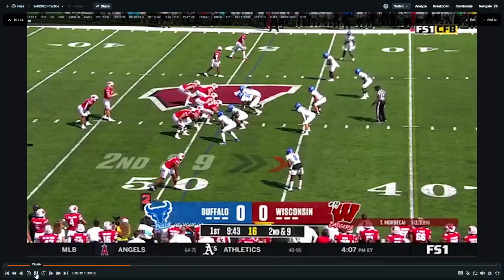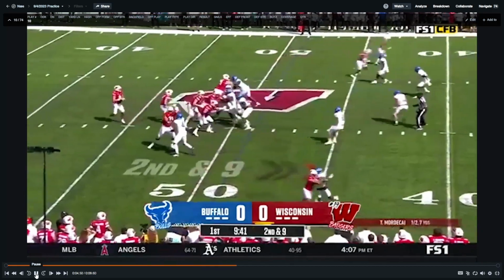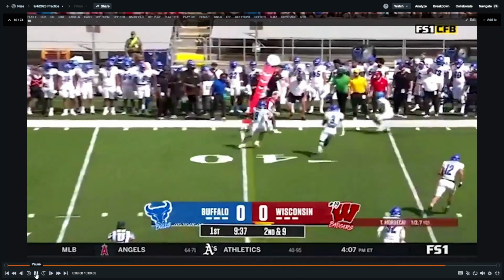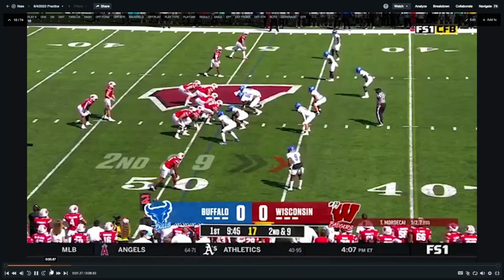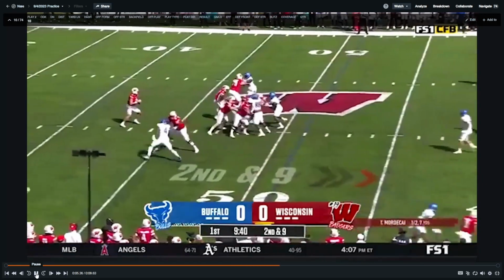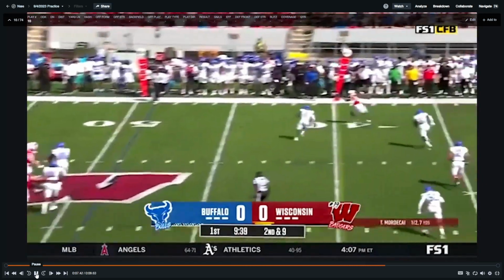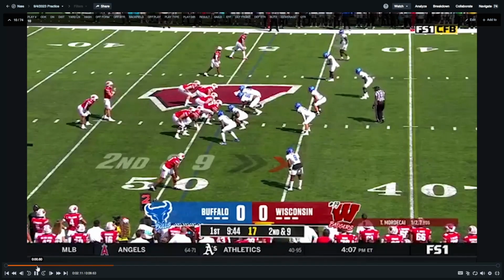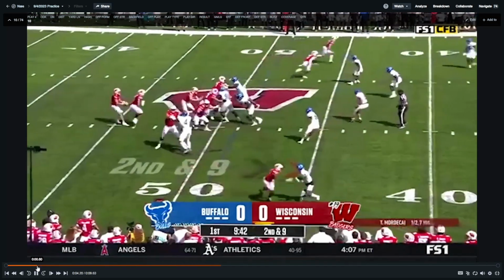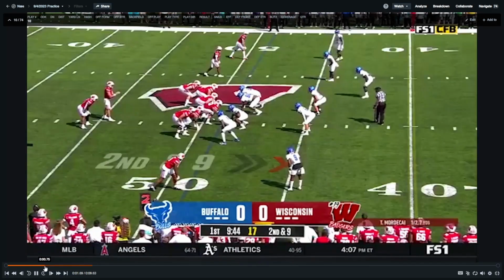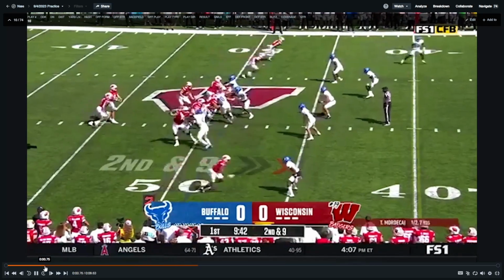Okay, 2nd and 9. 3-1 again. Play action. Really nice throw, throwing a little bit downhill to create space for the receiver running the comeback at the top of the screen. Comeback with a post. Let's take a look at Tanner's footwork. Okay. A little heel clicky, a little bit of slide. You could tell that I think